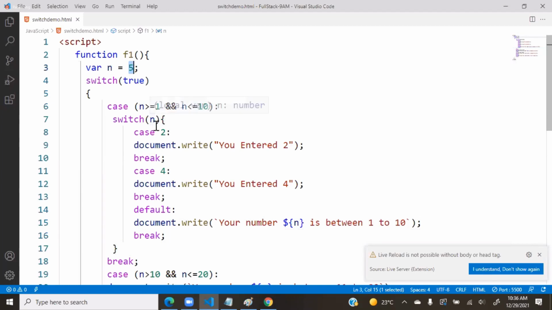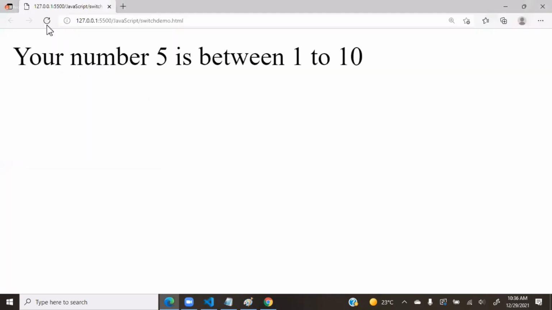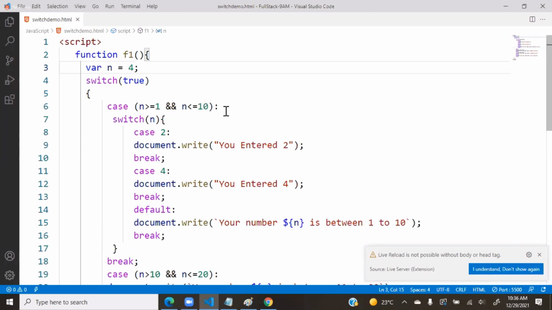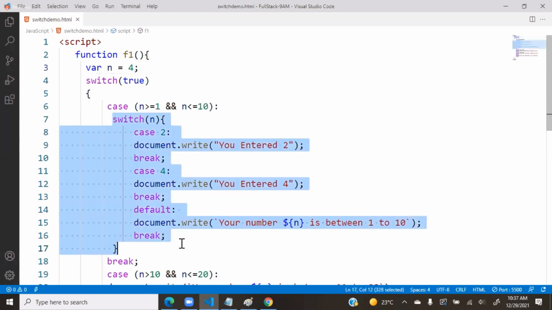Suppose it's working, but not recommended. You should never do this. Same, you saw false is also working, it was working. But it will not work in other cases. So what is recommended then? What is recommended is we write this switch